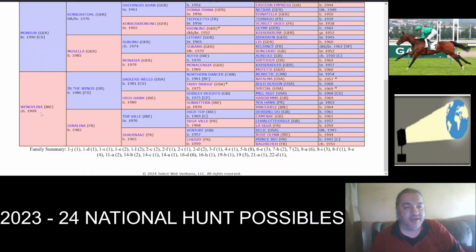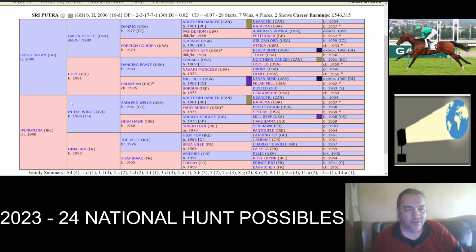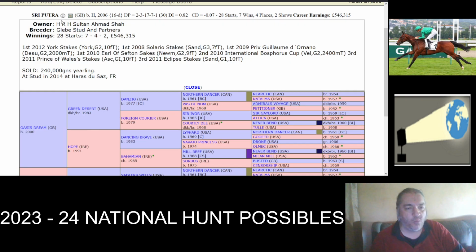Before we take a look at the second dam, Windley Ina, there's actually a stallion out of Windley Ina as well, Sri Putra. So the dam is a half sister to this stallion here. Sri Putra, winner of 7 of his 28 races, earning £546,000. On the track, you see there that Sri Putra won the Group 2 Duke of York Stakes, and he